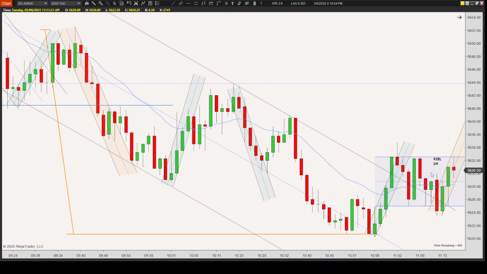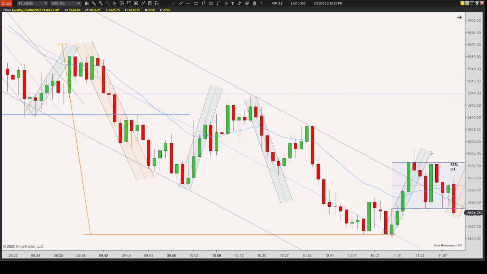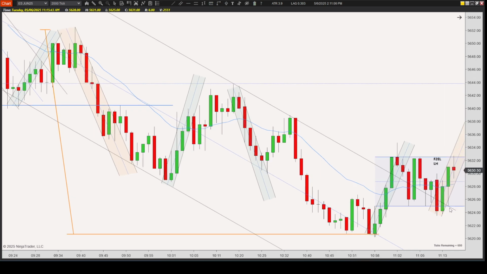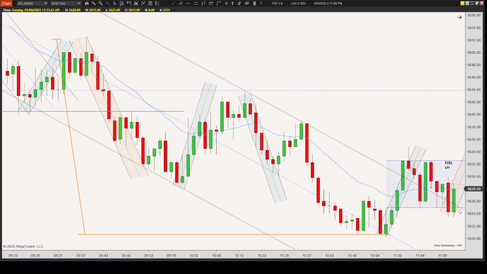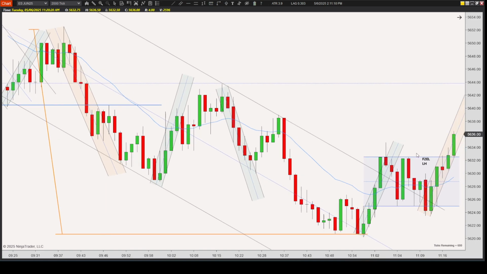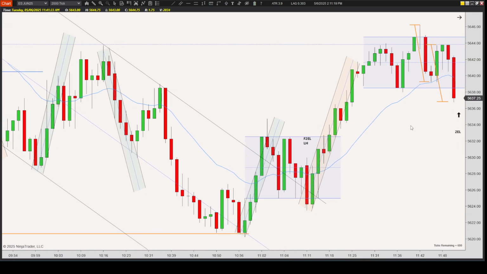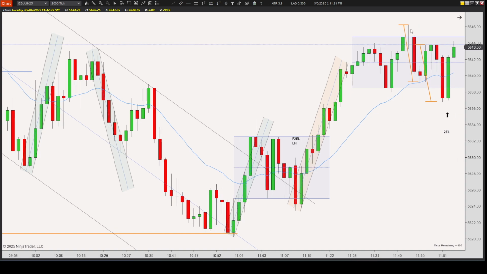Now, the proper entry, I think, and I'm still working on it because I'm always trying to save some ticks, is after seeing this close, the entry would be one tick below this guy. And if I'd done that, this would never have triggered, and after seeing this close, I would have canceled the order and then it pushed back up. But I suspect if I took this trade, it would have been one tick below here, and it would have been a losing trade.